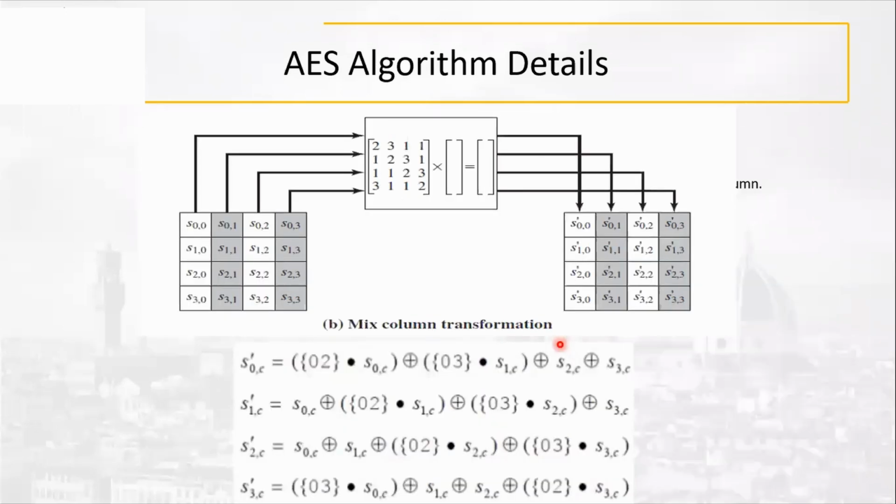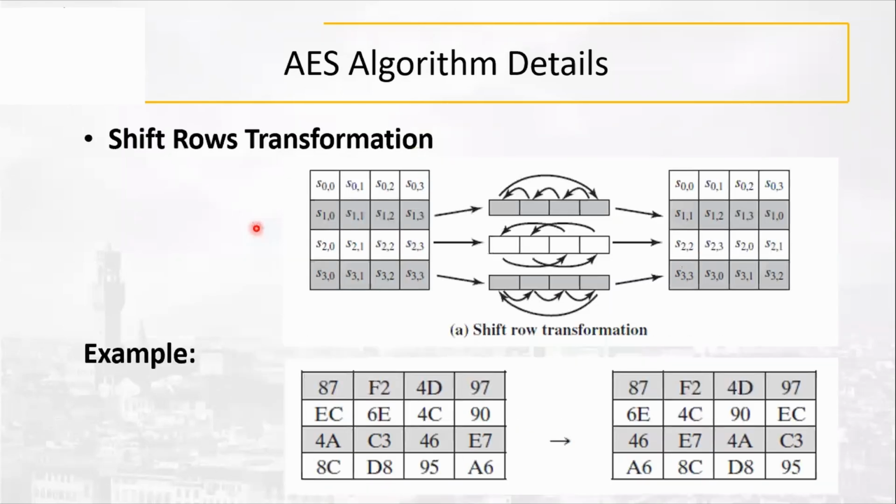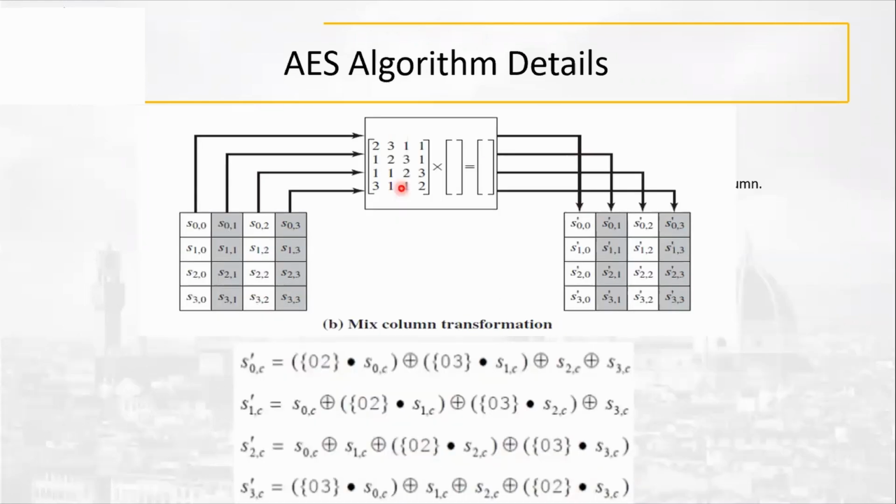The third step is mixing of columns. Now this step is a bit difficult to understand. But if you just notice it, you must be knowing matrix multiplication. It's a very simple thing. This is a fixed matrix that you have to work on. Whatever data you have got from the previous step, you have this matrix, and you have to multiply this matrix with this data. If you remember matrix multiplication, if I'm multiplying